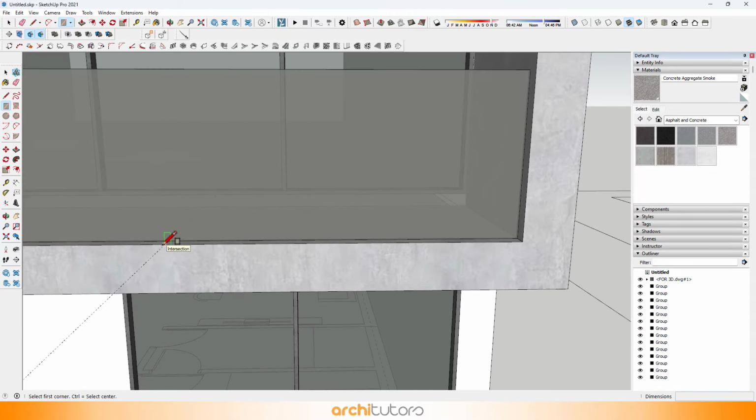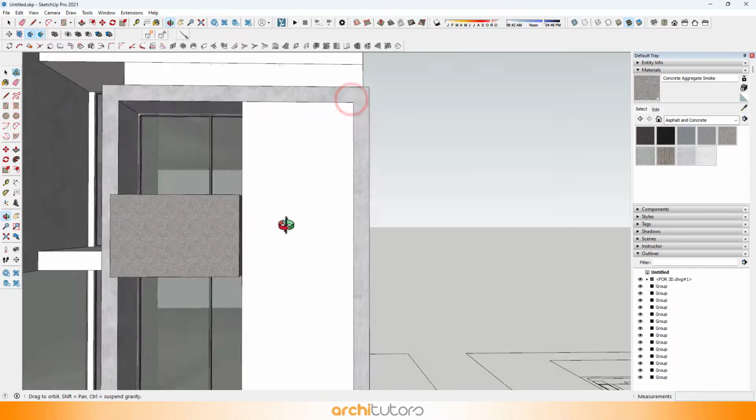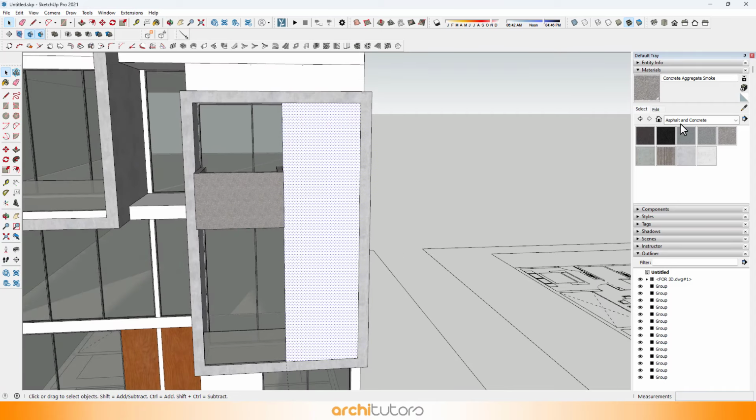I need louvers on the other side. And for that I'll create another rectangle. Give a material to it and offset it.